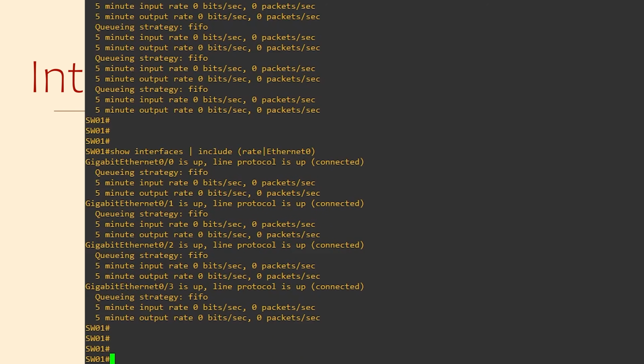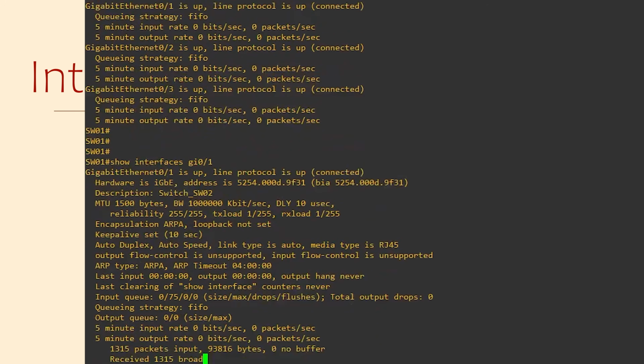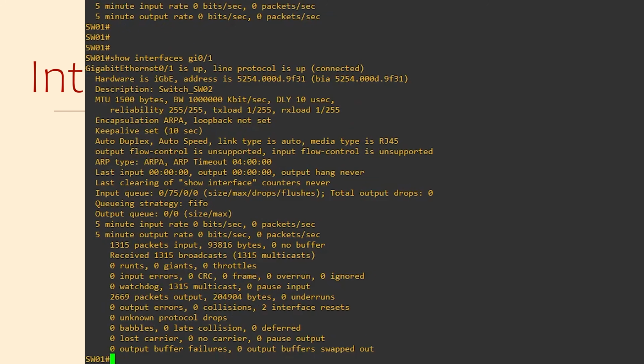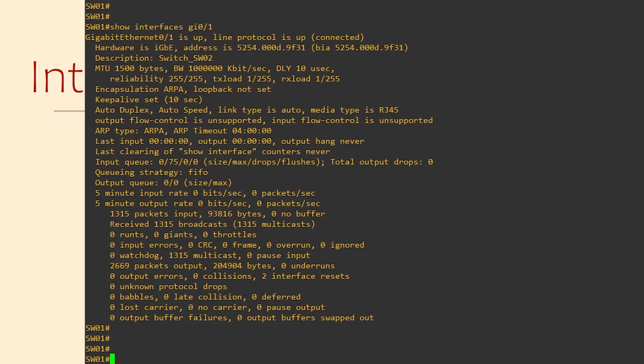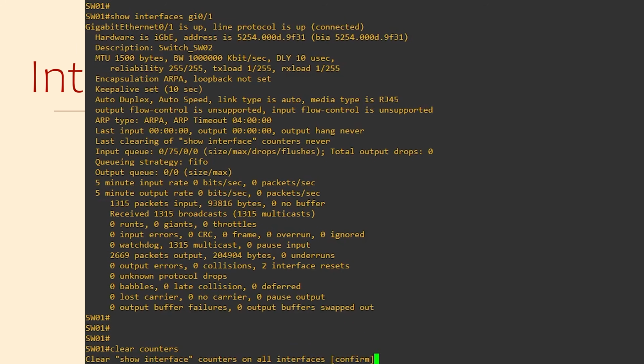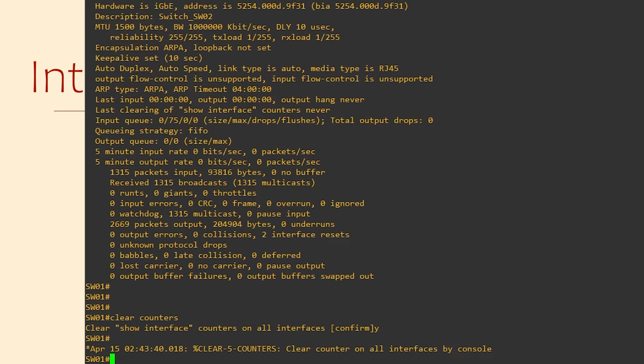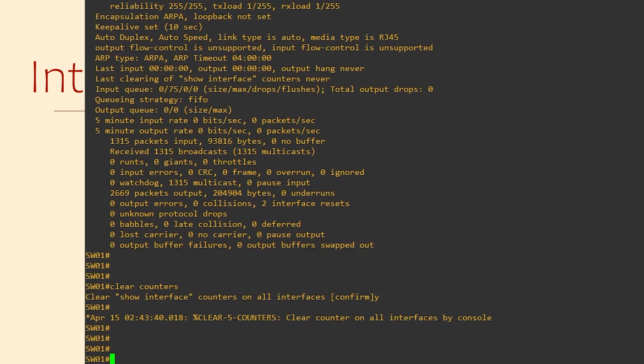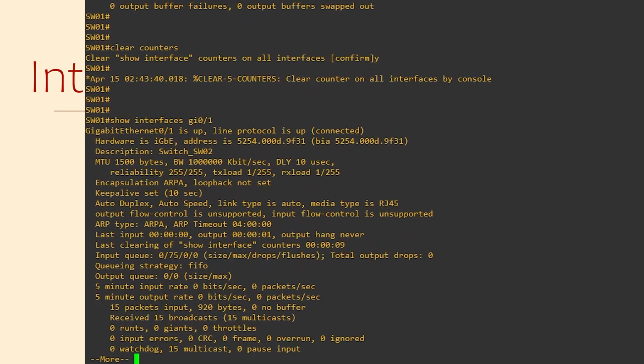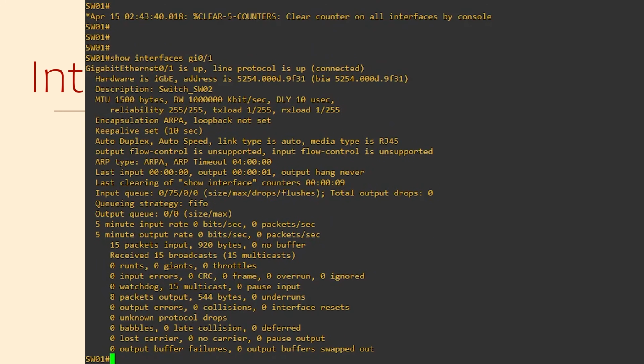Okay, here's the next tip. First, look at the counters for interface gig 0/1 again. There's a lot of counters and maybe a lot of errors, but how long have they been here? Do these represent a current problem, or does it represent a problem that happened a month ago or a year ago? What we can do is we can clear these counters with the clear counters command. This can be done for all interfaces or just the ones we want. Now we can look at the counters again and see if the error counts are going up or are they staying at 0. If they're going up, then that means we're seeing a problem right now.